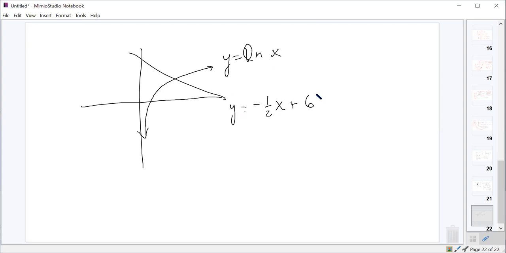It doesn't really matter. Negative 1/2 x plus 6. That works. We can find the area of this region that is between those and the x-axis, this region right here,